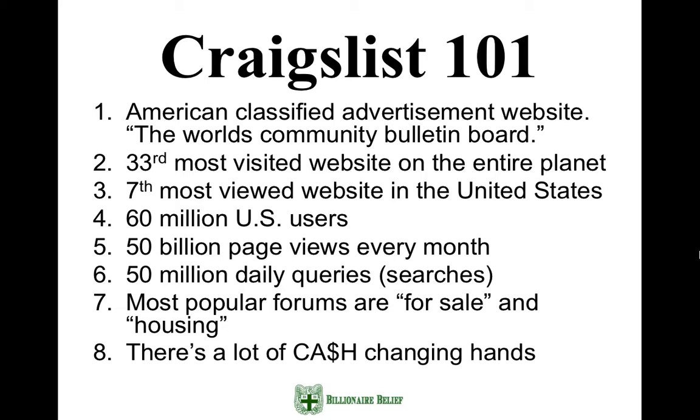So that's pretty much the equivalent of 2,500 times the attendance of Disneyland to date. That's how many people go to Craigslist every month. There are 50 million daily queries being searched. So 50 million times a day someone's looking for something on Craigslist. So like I said,